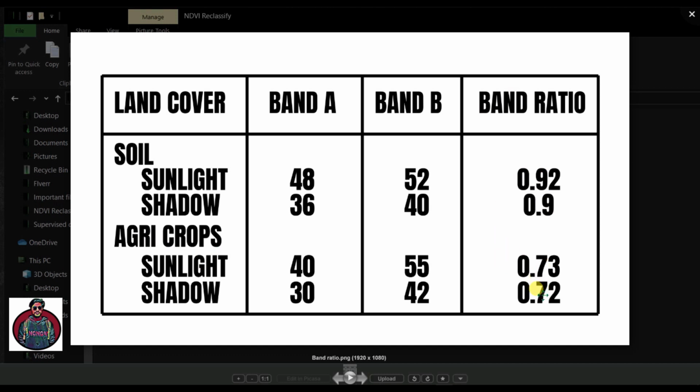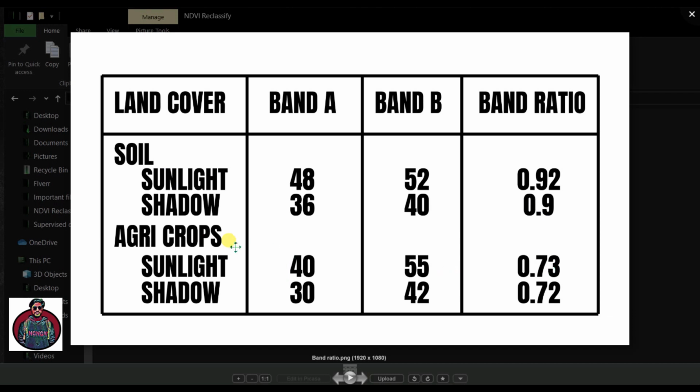So we can predict easily that from 0.89 to 0.93 we can call it soil, and if it is 0.70 to 0.75 we can call it agricultural crops.